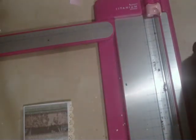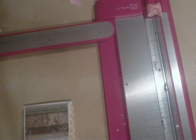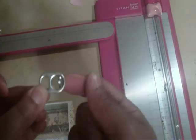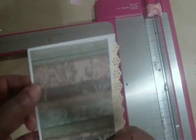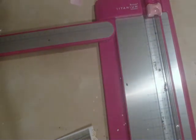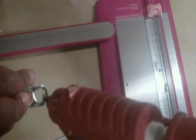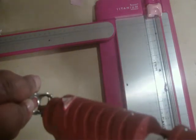Now quickly for the pop tabs, it's really very simple. All I did was hot glue a pop tab, and I did the side that had the little lip on it to the side of the paper. I measured first where the rings were on my binder, on my binding method, and then I just hot glued the pop tab on there. So I will show you. I put a little hot glue on the biggest part of the pop tab and then a little tiny bit in the middle,